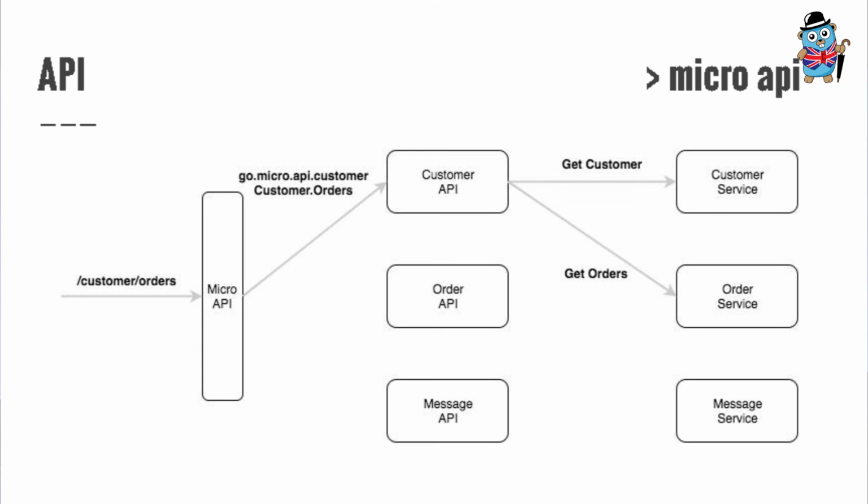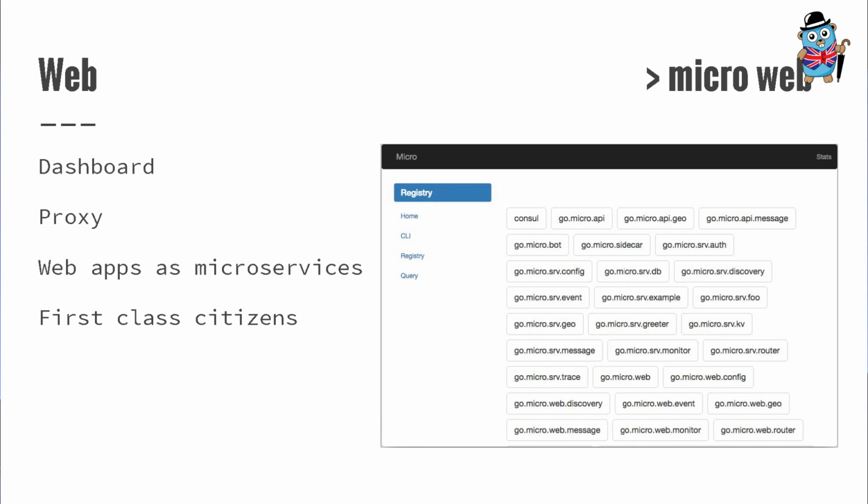So with the micro API, we define an API layer of services. And the idea is, there's this separation of concerns in terms of what these services should do. So you have this customer API. It might actually talk to a number of services in the back end, then transform that into some request that you want to hand off via the API. It could be that you don't actually want to expose all your back-end services through your API, right?